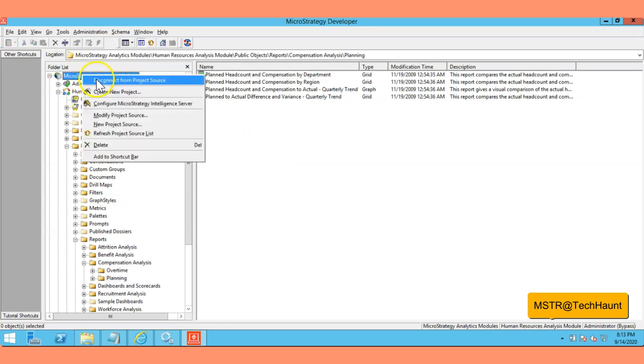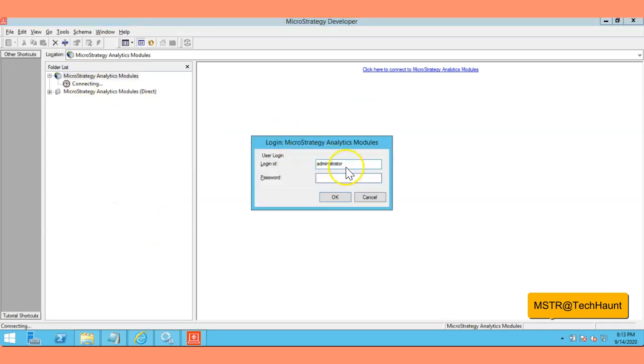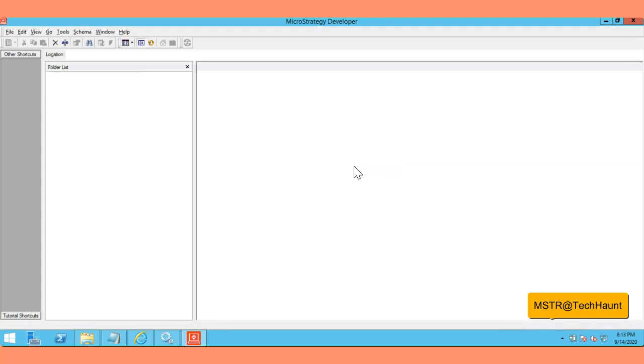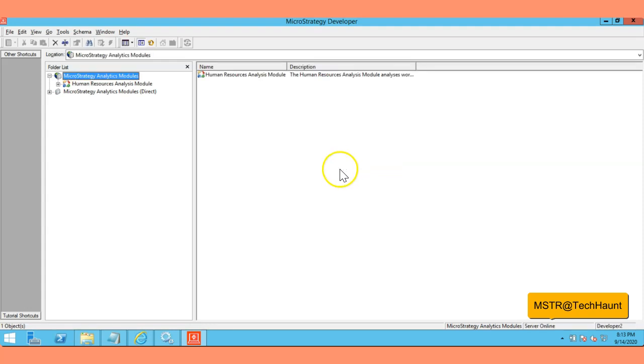And then I'm just going to disconnect it. I'm going to connect with my developer 2 user. Hopefully I'm entering the right password. Now you can see we can only see the one project under this project source because we have logged in with the developer 2 user, and then you can expand it.